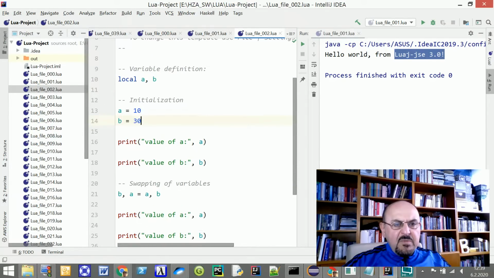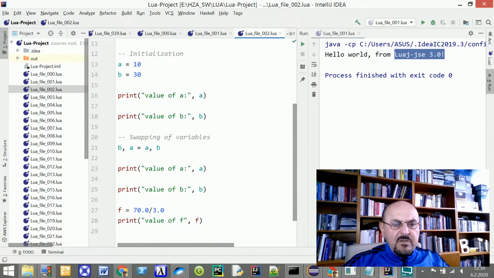Before that I have to indicate that a and b will be local, so let it be local by using the local keyword. And after that, when I print the values of a and b, I would like to introduce you to this notation.